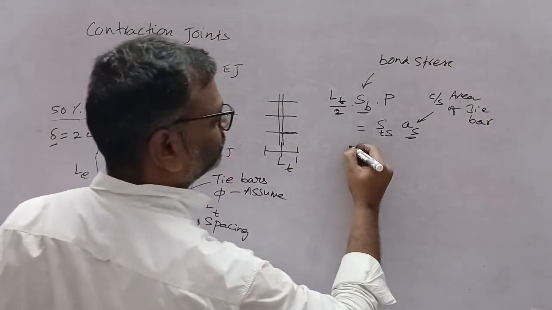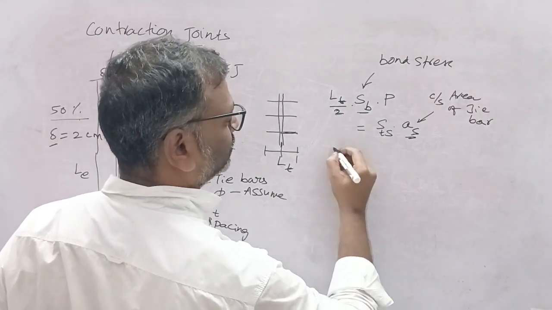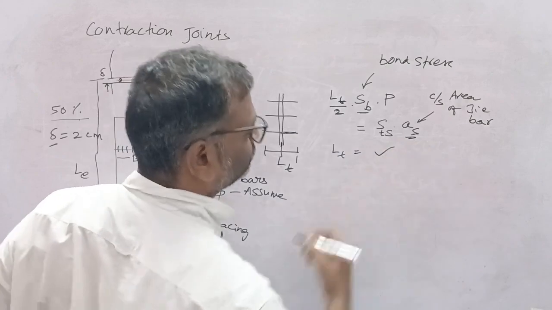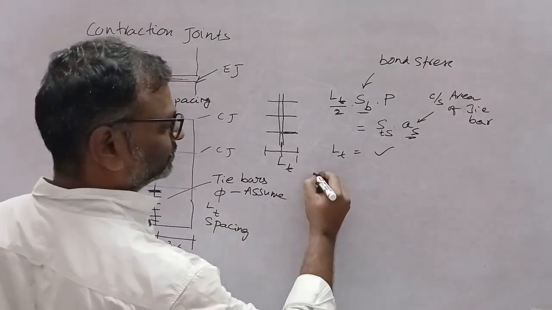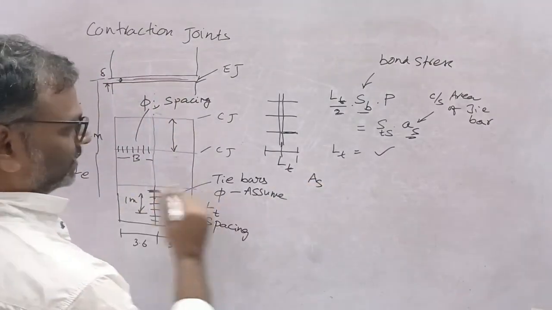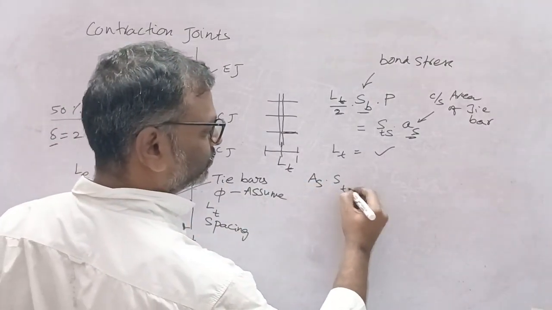Now you get some value for the length of tie bar. And then you consider the total area of steel per 1 meter into